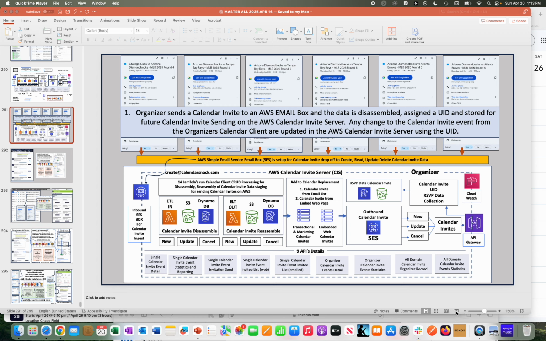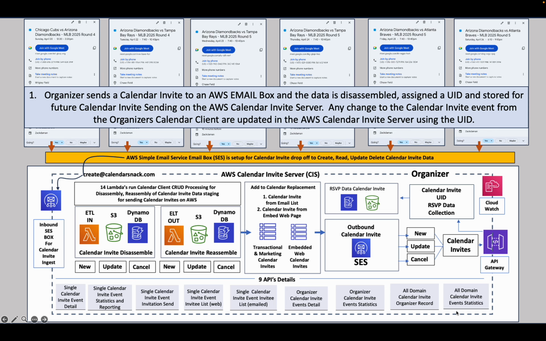You can see I have just one slide here to share with you today. This is explaining how our organizers work externally to the AWS calendar invite server. Organizers conceptually are people that have calendar clients and want to inject data into the calendar invite server and then